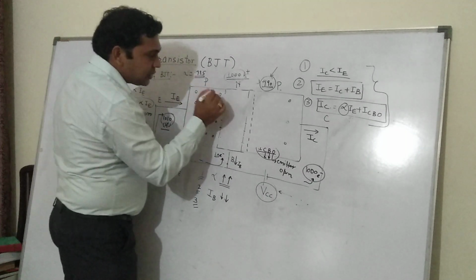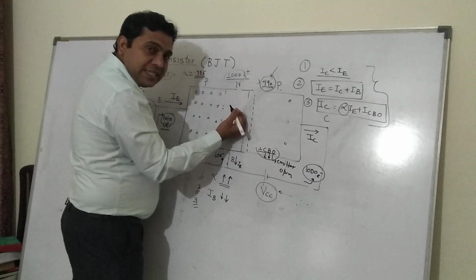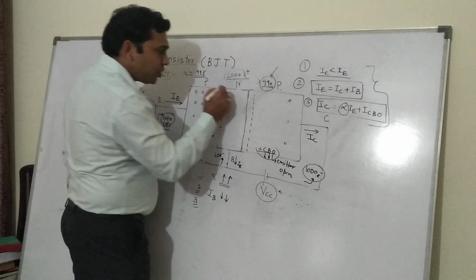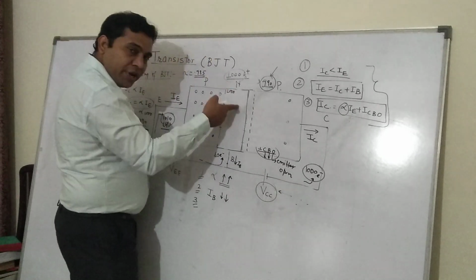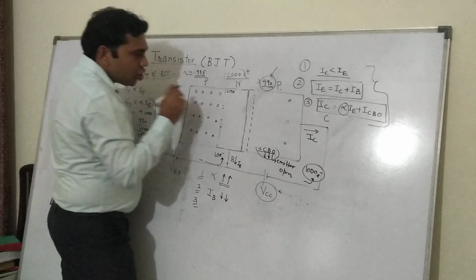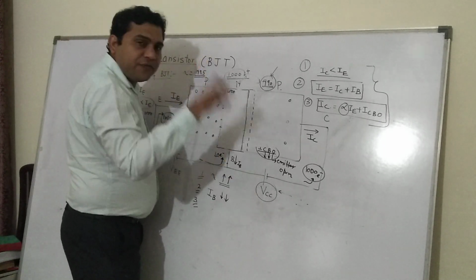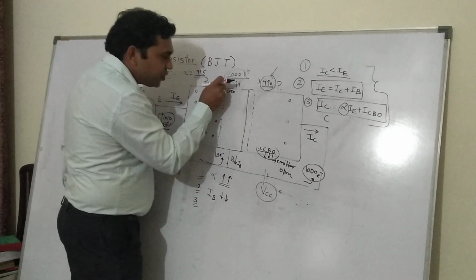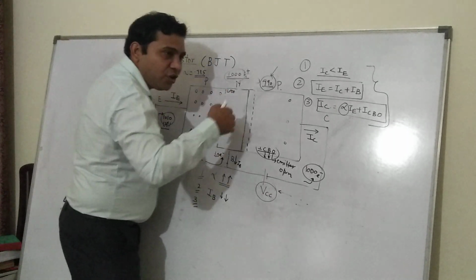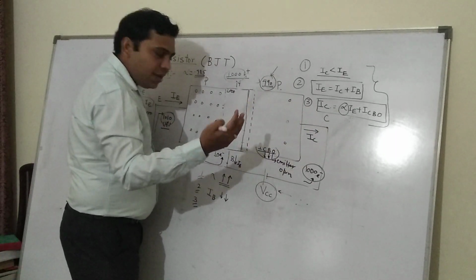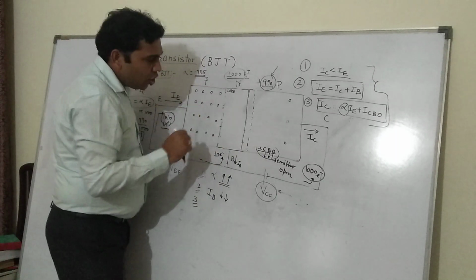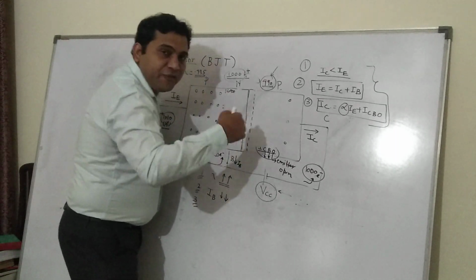So the holes diffused into this region, this is your base, 1000 holes diffused, and 10 electrons diffused here. Earlier we have seen that. So let's say the diffusion graph of these charge carriers, because the thousand are just at the surface, at the junction. Now they have to diffuse. This is the phenomenon, because of the diffusion. In forward bias, the current flows because of the diffusion only. We know that. So this 1000 will diffuse further.